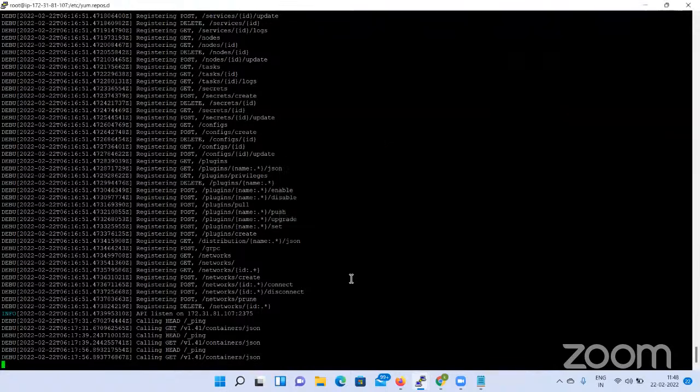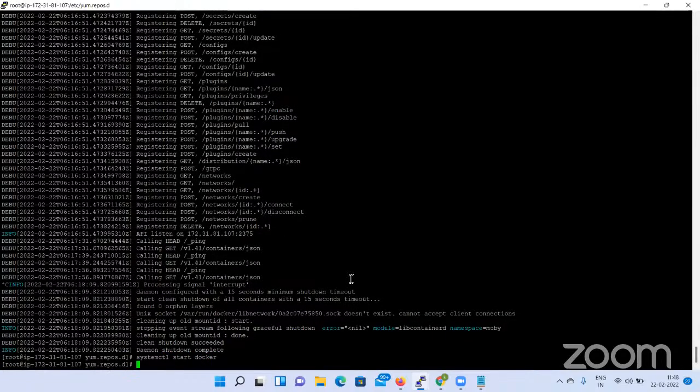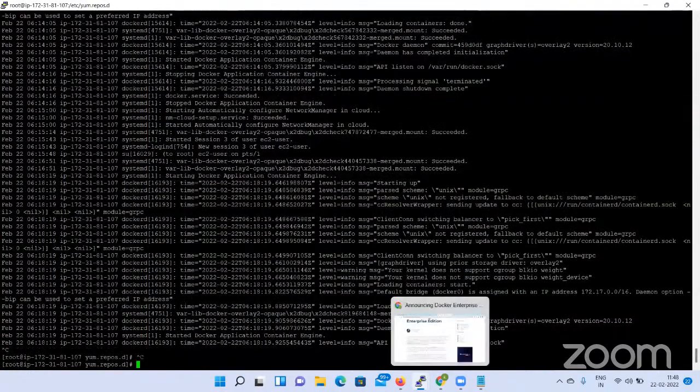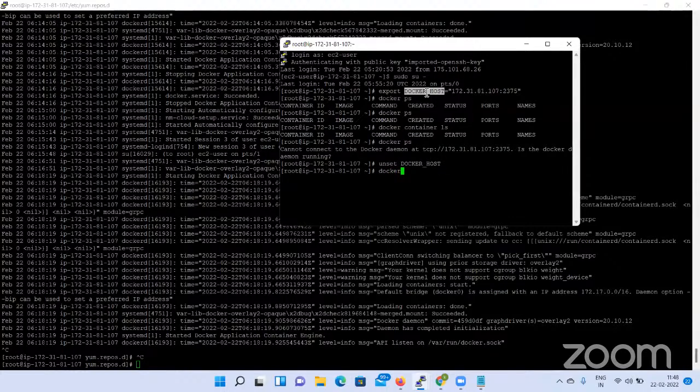So let me switch it back to the Unix socket. Even though we didn't configure any configuration files, I'm starting this Docker directly. Here, in this particular log, you can also see how the Docker got started up. See, now it has run back on the Unix socket. If I run this docker ps now, it won't work. Why? Because it is not running on a Unix socket. Since it is the same host, it will work once I unset this particular environment variable. If it is another host, it won't work. I am unsetting this particular environment variable, and then